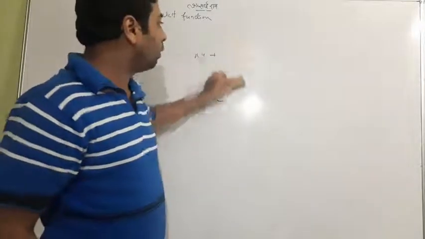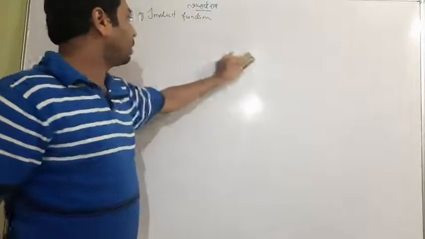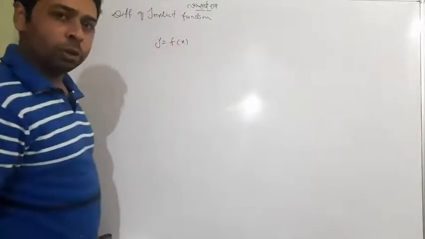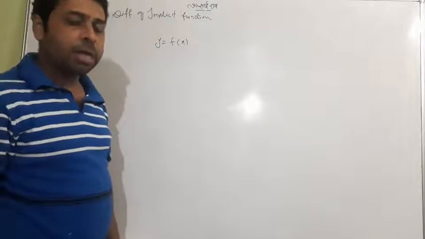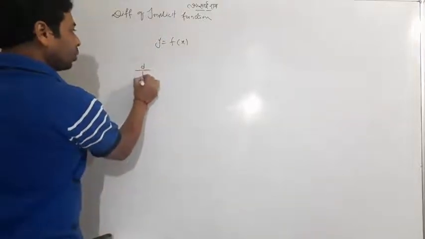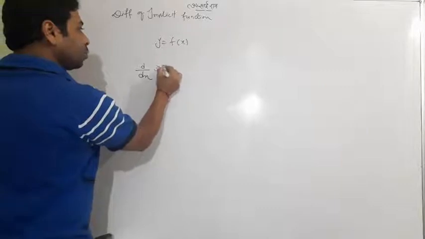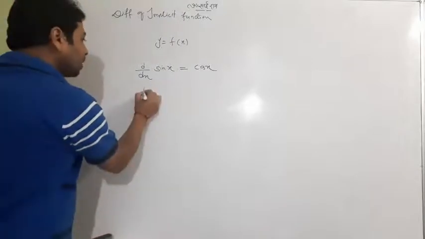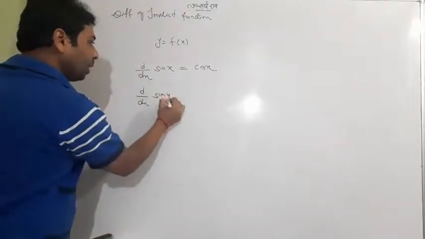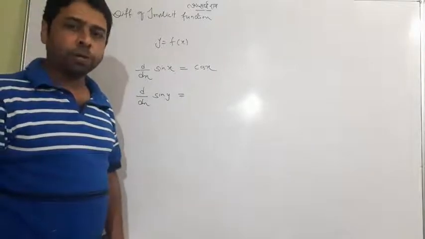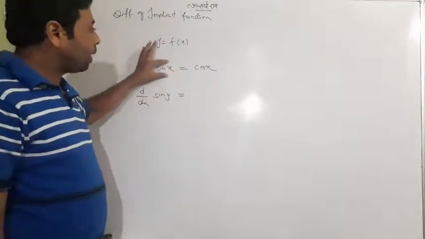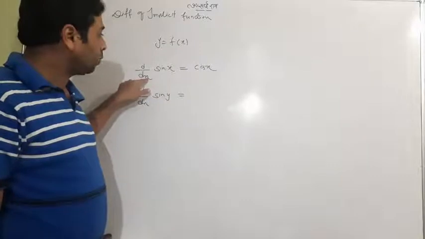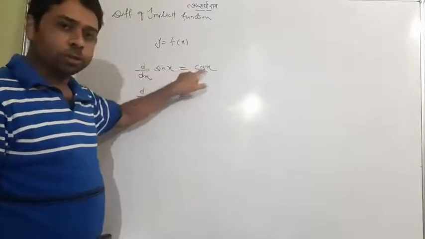Before seeing that whole, we want to discuss another topic: y is always a function of x. Sometimes we know the value of y, sometimes we don't. Like if we are asked what is the differentiation of sine x, one should know that the differentiation of sine x is cos x. Very simple concept. But if I ask you to find d by dx of sine y, this is a very important question. While doing the differentiation, one must know that this is x, so differentiation of the function with respect to x happens, and the answer is cos x.